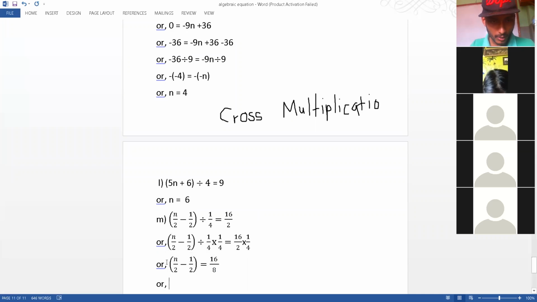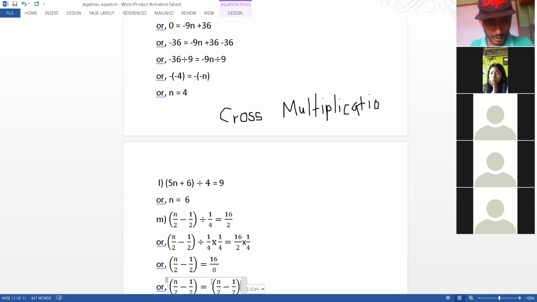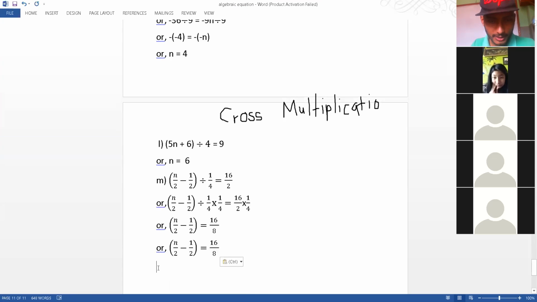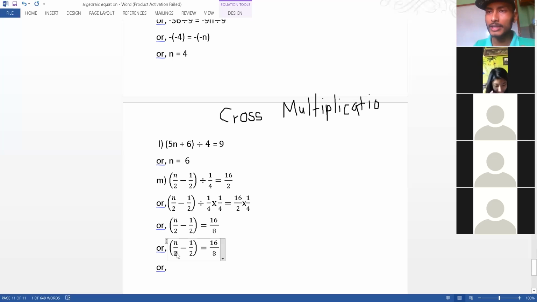So now what we are getting is, this is what we get, right? Equals to, this is what we get. Now what we can do is remove this 1 by 2, and we need to find the value of this n, right? We have to get rid of this 2. Whenever we have fractions on two sides, so if I can,